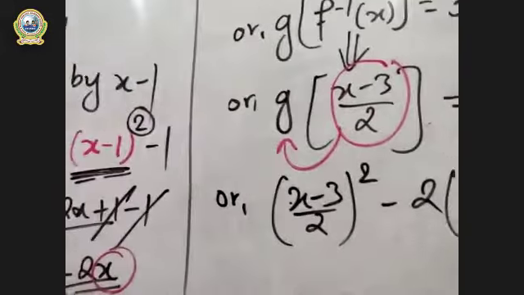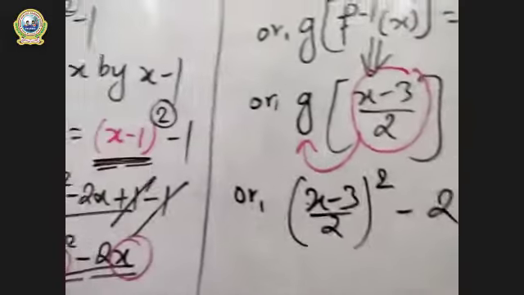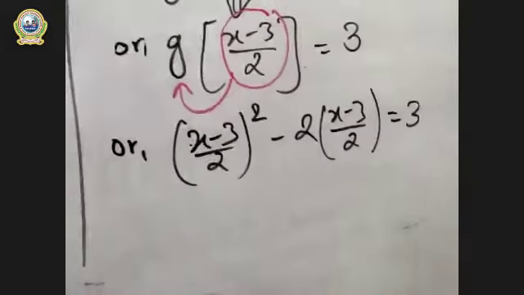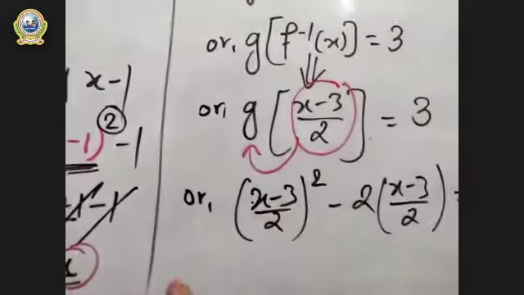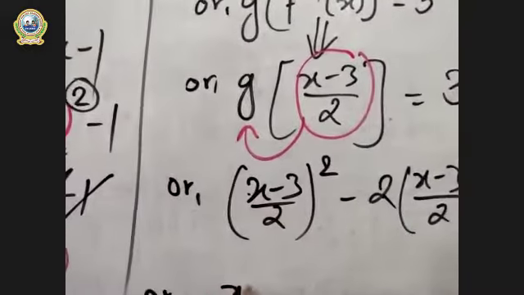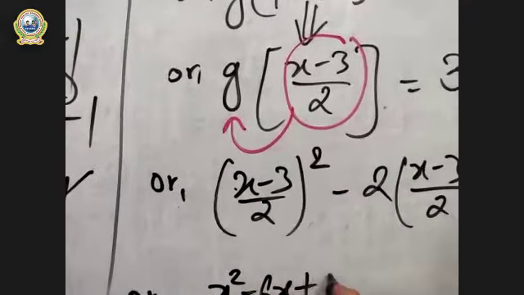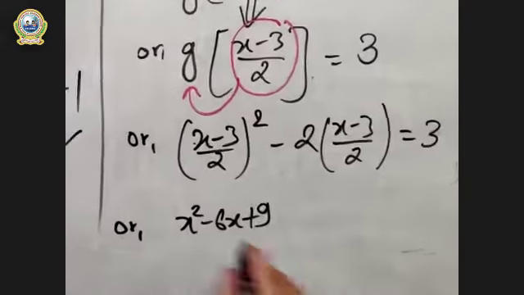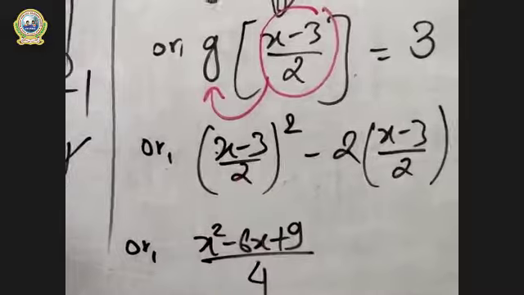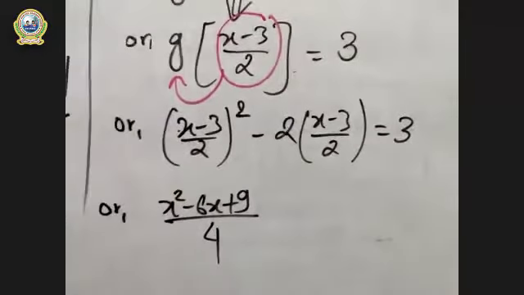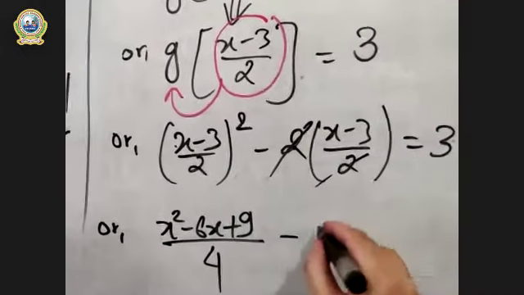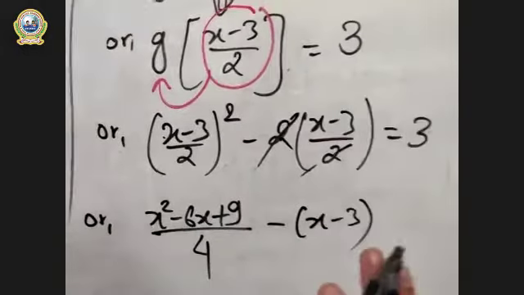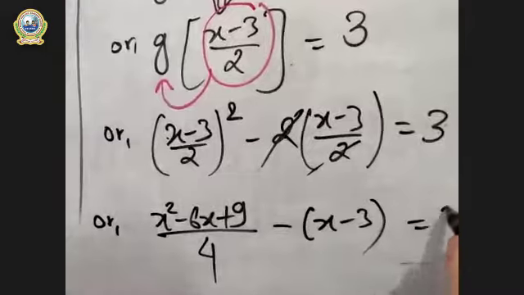Okay. Now let's solve for x. Do the rapid solving. You keep on solving. I am rubbing the board. Just a second. Okay. Now let's open the whole square in the numerator first. It will be x square minus 6x plus 9, right? A minus b whole square. And in the denominator part, we will get 4 because 2 square becomes 4, right? And these two can be cancelled, right? So it will be x minus 3. Don't forget to use bracket. It will be equal to 3.